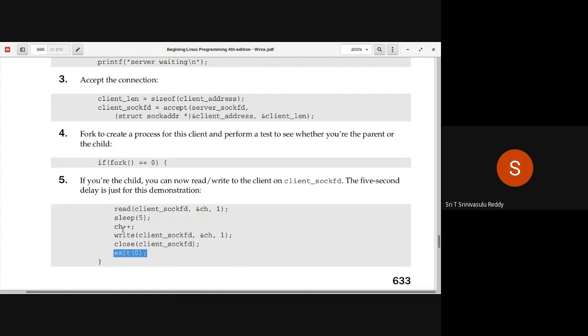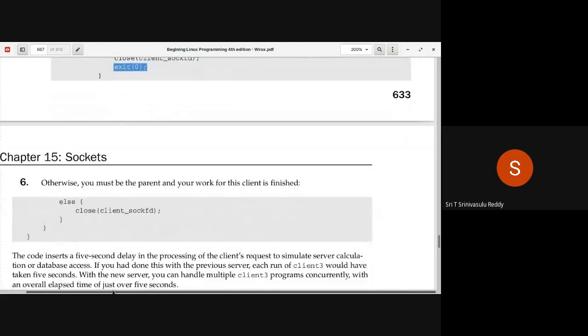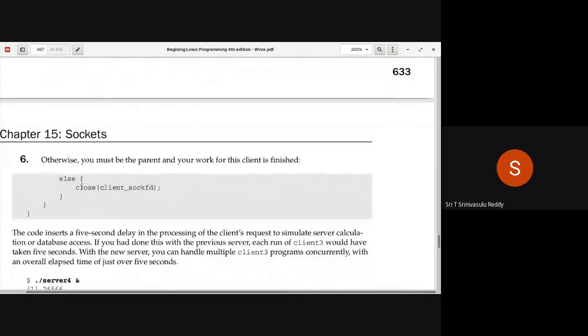So that child process will take care of attending to the request, and the parent process. Parent process, where will it go? It will actually not go into this if part. It will skip, because in the parent fork value is greater than 0. So it will come to else what? Else, as you can see, this is the parent part.